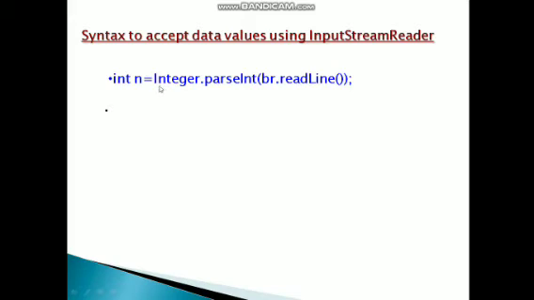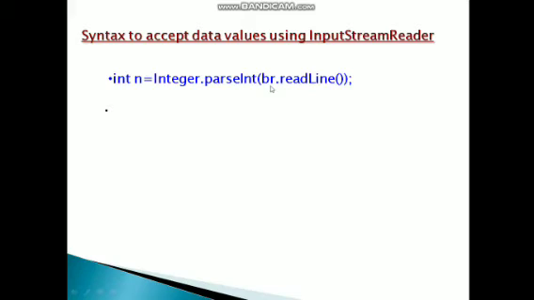And here you have noticed that I as well as here I. Integer, for Integer, I is capital and p is small letter, and parseInt, I is capital, and br.readLine, so L should be capital. And since for BufferedReader I used br, here also you have to use br.